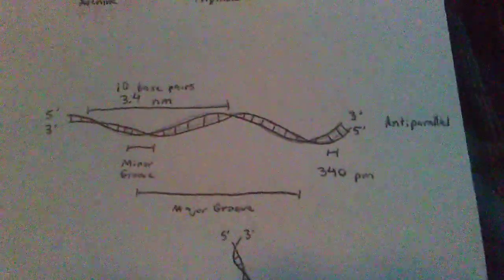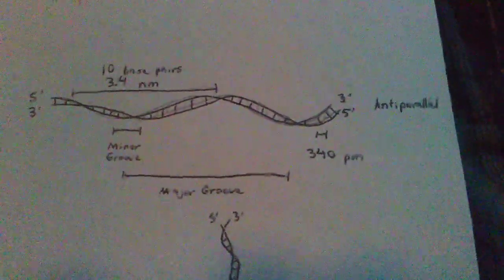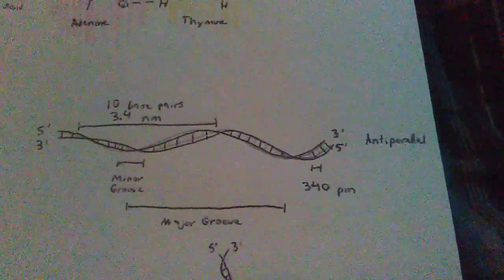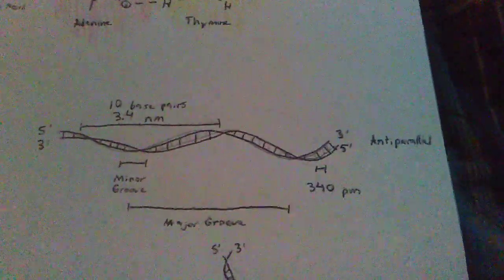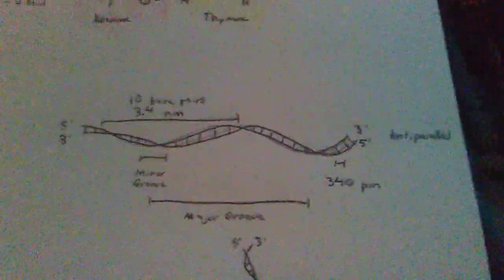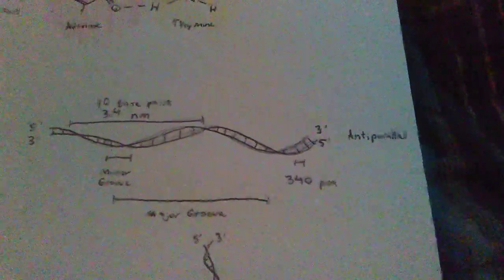The major groove is because of the negative charges on the phosphate group. This is taken advantage of by proteins specific to either the minor or major groove. However, there are many more proteins that interact with the major groove because there simply is more space for them to interact with. DNA is made of anti-parallel strands, which are parallel but lead in opposite directions, because proteins that